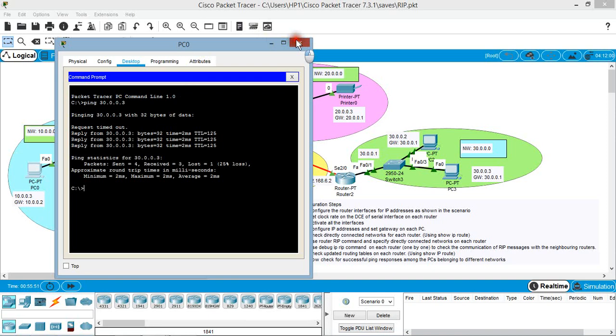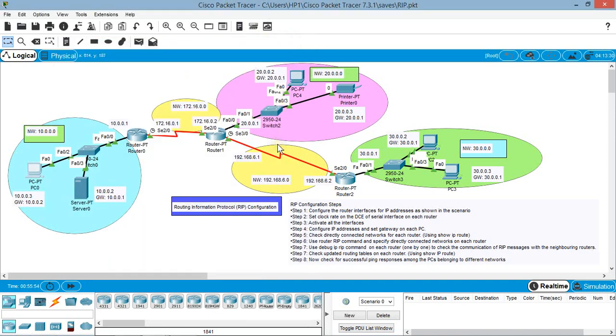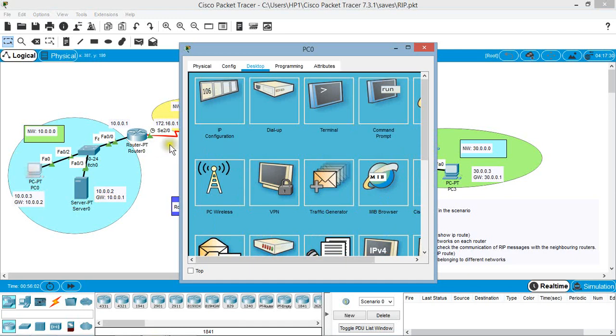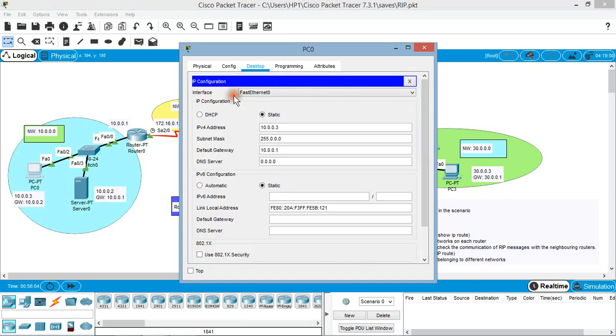Now in this video I have shown you the configuration of RIP routing protocol on each of the routers. For that we had configured IP addresses on each of the router interfaces, and I had already configured the IP addresses on these end devices, which I did not explain earlier, but these IP addresses were already configured on these end devices.